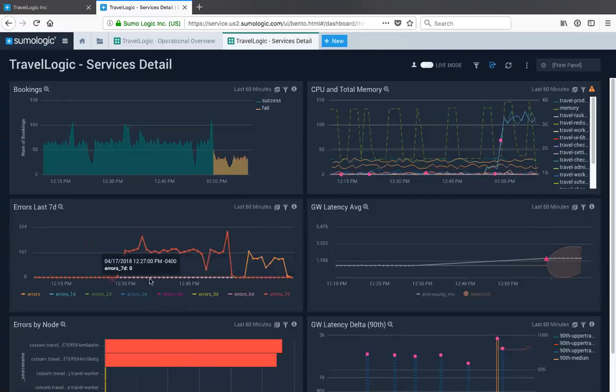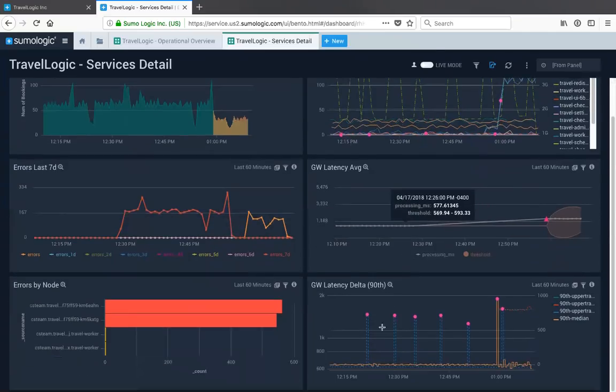Was this stuff happening over the last 7 days, or is this something new to today? And this orange line is kind of showing me that just today I have these errors. I also see from this one here, my gateway latency. So things were pretty good, and then all of a sudden I had a spike, and this is showing me kind of the outlier. This big bubble here is there because I had an outlier all of a sudden. So this pink triangle is showing me that something was out of the norm. Also, I had a huge spike here in the delta in terms of my latency,